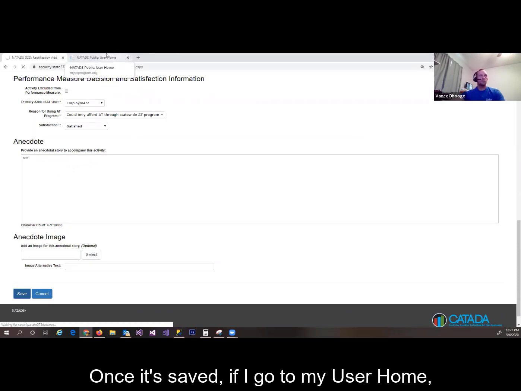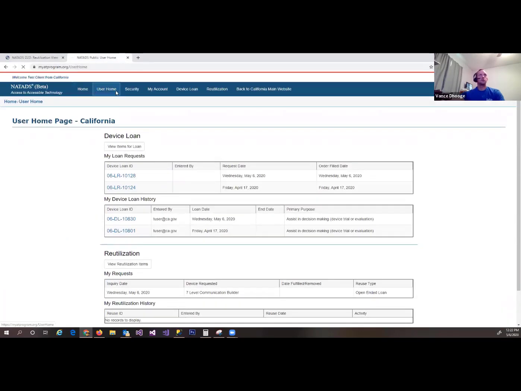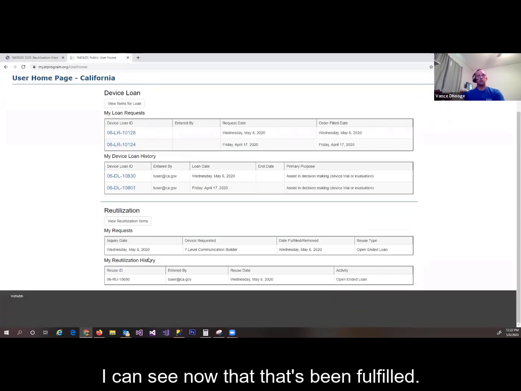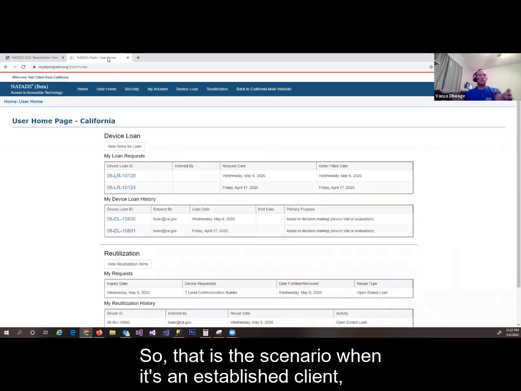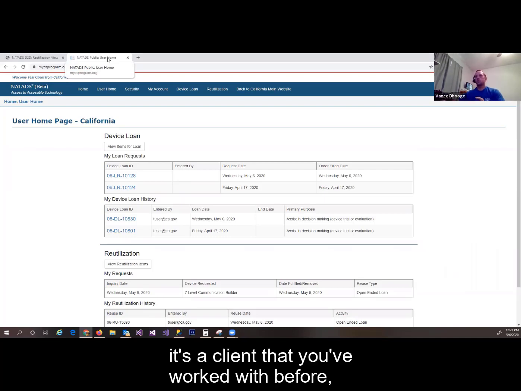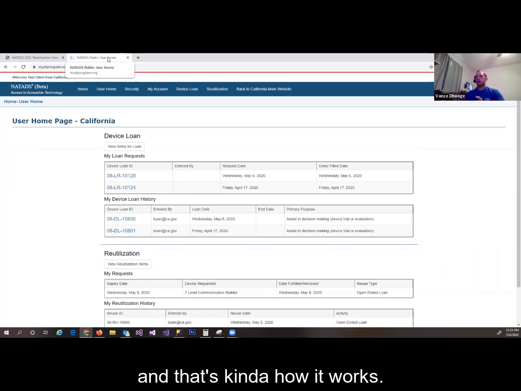Once it's saved, if I go to my user home, I can see now that that's been fulfilled. This is my reuse information, and I can see that information on the public side. So that is the scenario when it's an established client. It's a client that you've worked with before because it's in your client database already, and that's kind of how